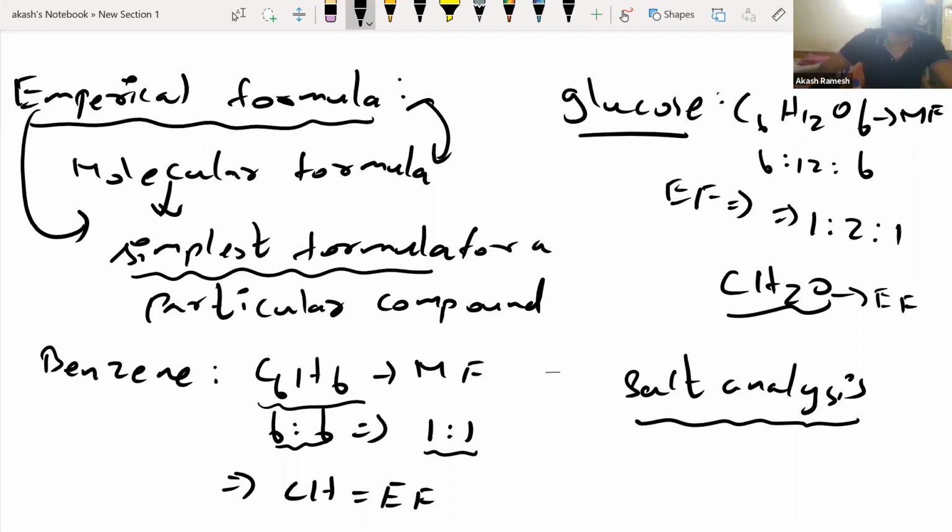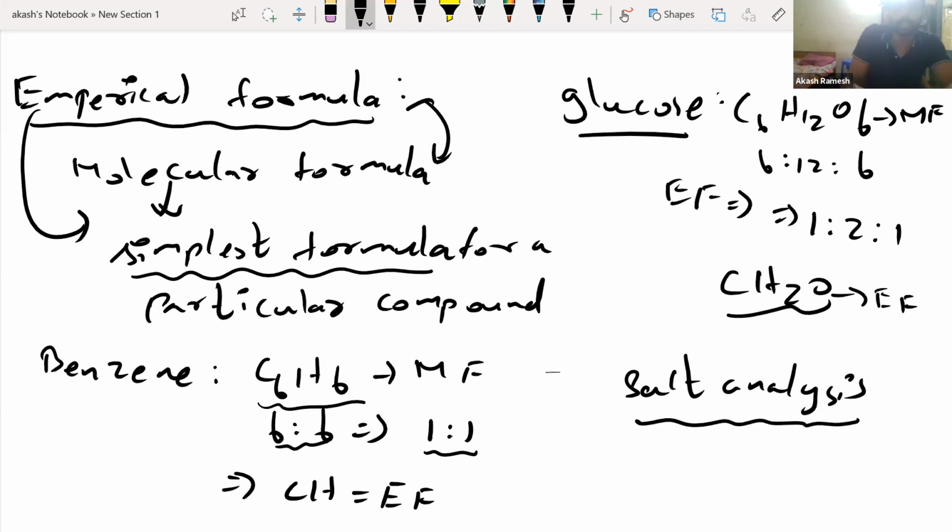Anyway, why I'm studying all this is because that is how you find out which elements are present. This is a very simple thing that you do in your lab, but for a complicated compound, there are various other methods by which I'll be able to find that this element is present, this element is present. Okay, now the first step is done. We know which elements are present. Say I found out that it is carbon, hydrogen, and oxygen. These 3 elements are present. I found that out. Now the second thing would be to find